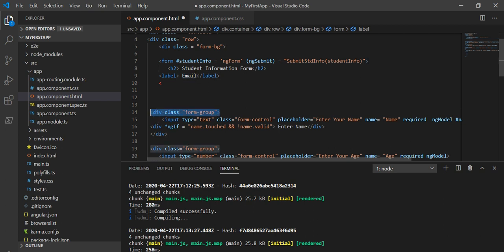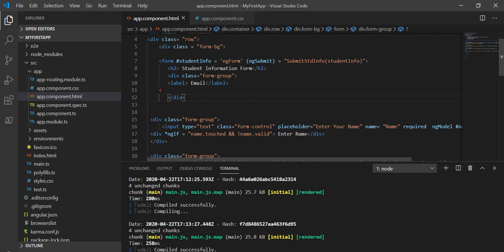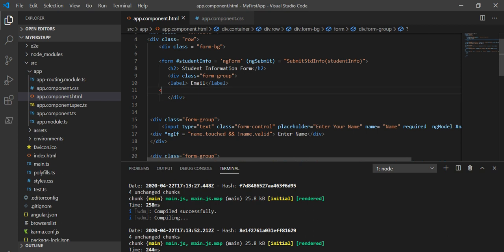So I will take this under a div, first a form-group div, because this is also a control. Inside that we will take one email label, and inside that one input parameter, which we will take as a text type but make it for the email ID.